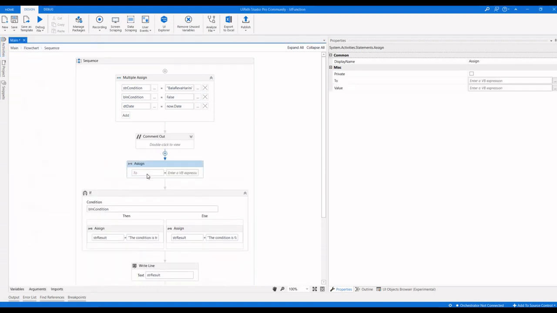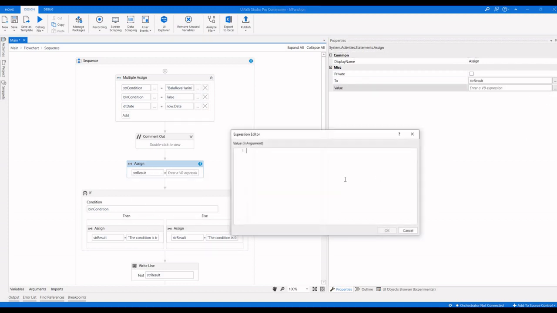I'm going to use assign with str result, and here I'm going to give the condition bln condition equal to true, comma, and you have to give a statement for true.